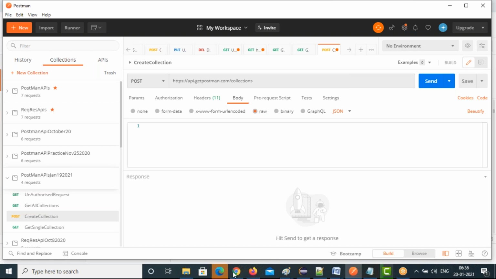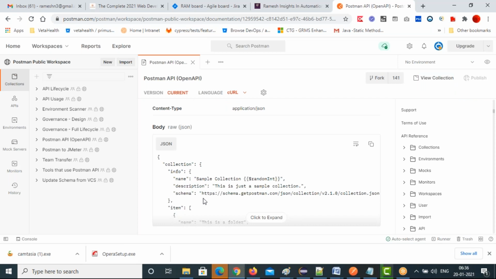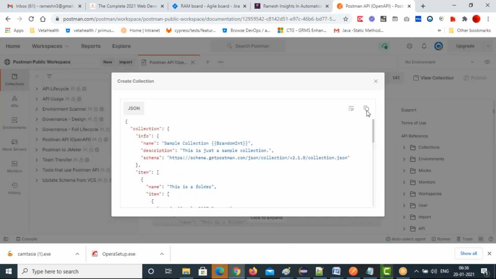So you just go to the documentation. This is the one. Click to expand, or you have a copy option. See that? This is a copy. Just click on this and it will copy. See that? It copied.